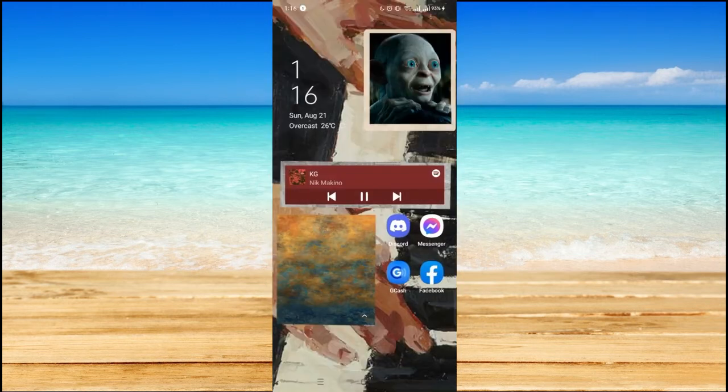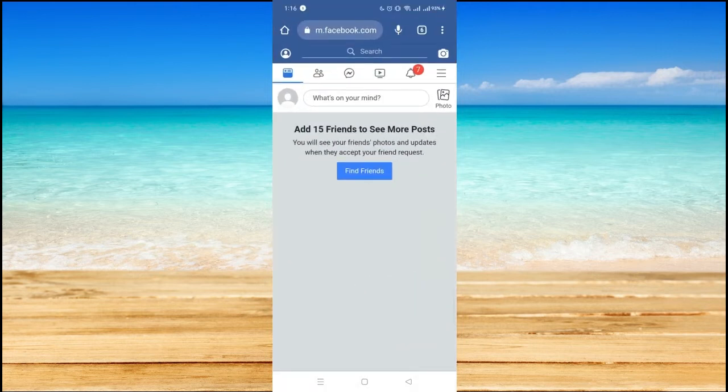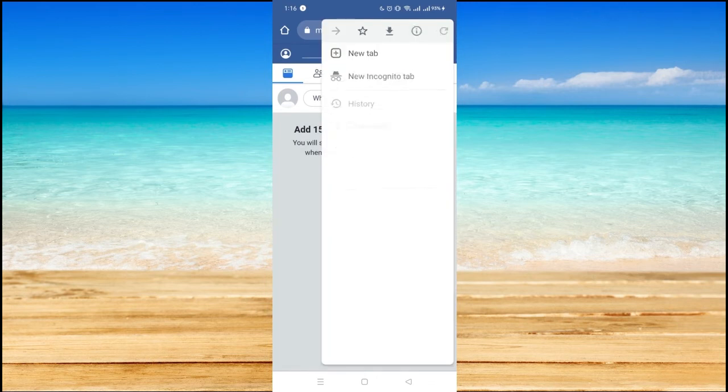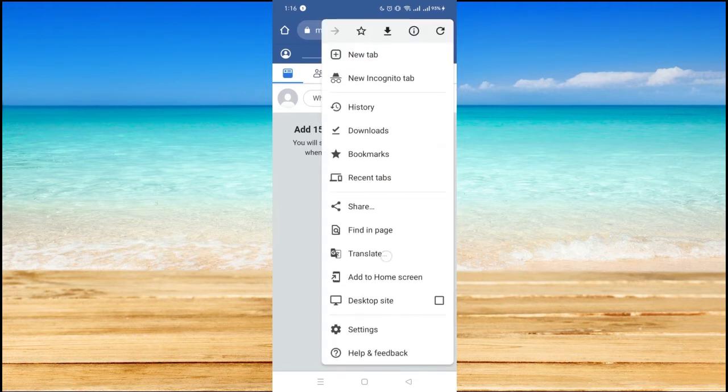So what you want to do is you have to go to your Chrome and here type in m.facebook.com. Then I highly recommend you, on the upper right corner you will see three buttons or three dots. Click on that, and then